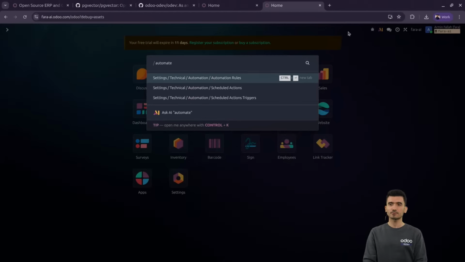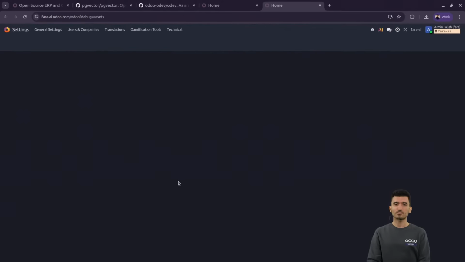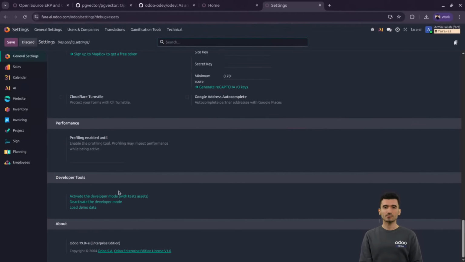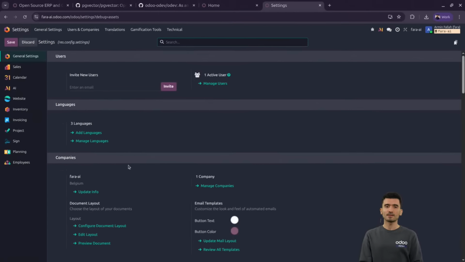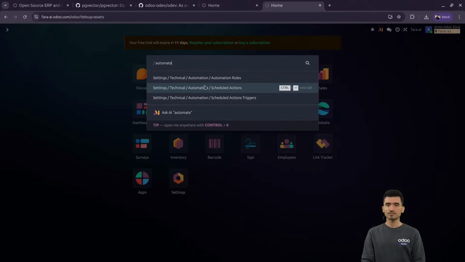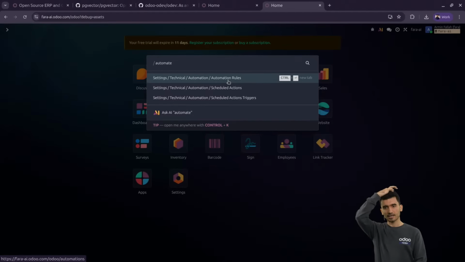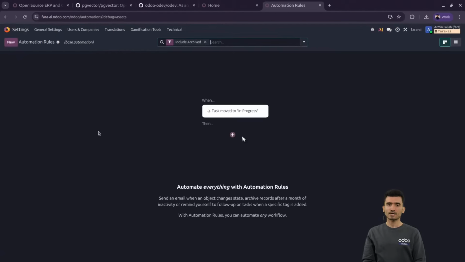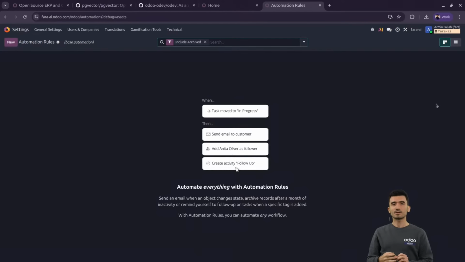So if you have developer mode on, developer mode can be activated from the settings. You can go to activate developer mode here. I've already activated it. Then what I'm going to do is go to automation rules, which is here. And here, as you can see in this interesting tutorial that we have over here, you can define